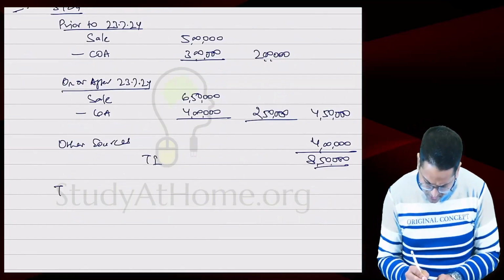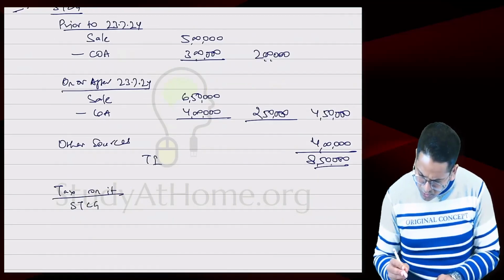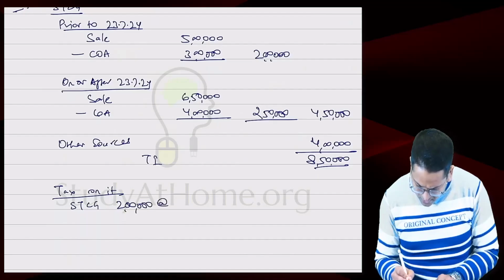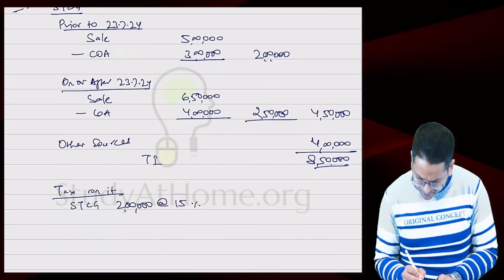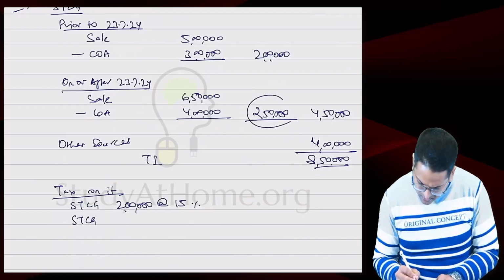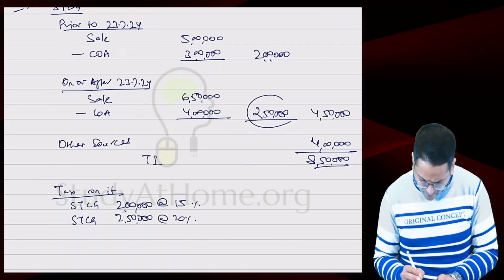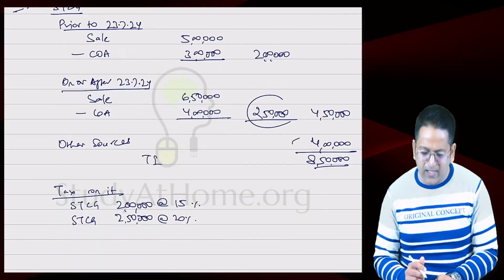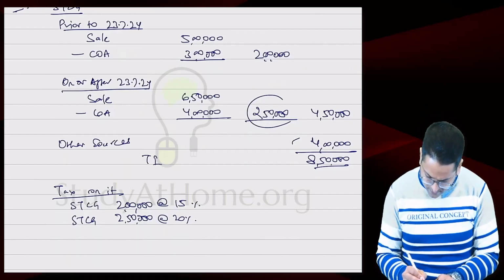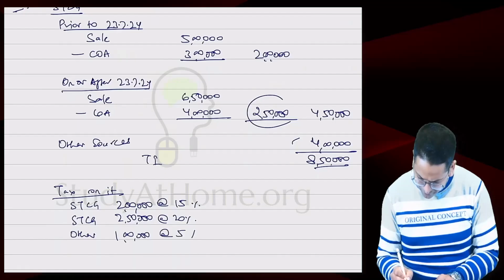Now we calculate tax. STCG, which is of 2 lakh rupees, it's the first one. At that time, what was the tax rate earlier? 15%. So write at the rate of 15%. And there's this STCG of 2,50,000. On this, the rate will be how much? 20%. Balance from other sources is 4 lakhs. 3 lakhs will be exempted and tax will be levied on 1 lakh at the rate of 5%.